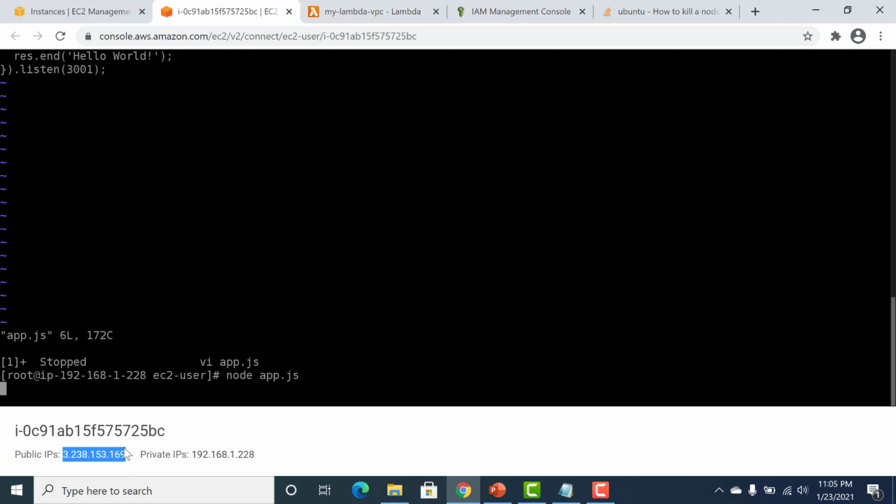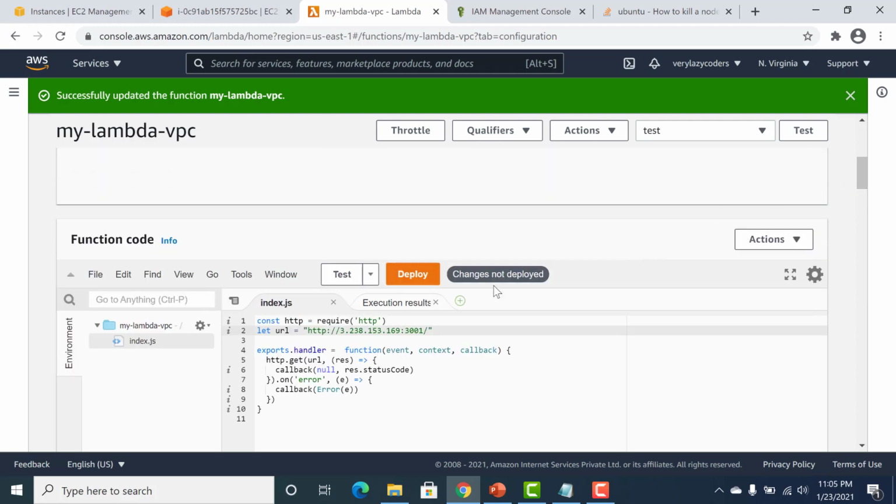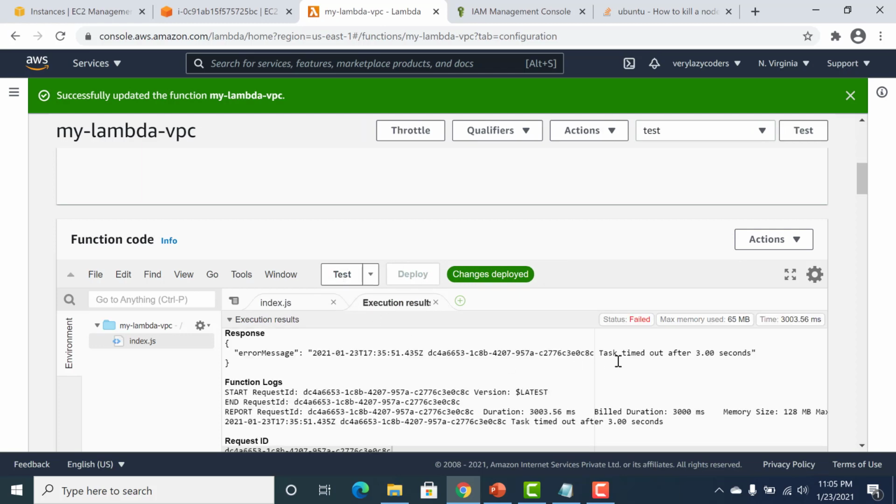Let me just go back, copy this. Earlier when it wasn't connected to the VPC, this was actually working. Let's see if it works now. If I deploy this and test it, it'll time out because it doesn't have access anymore.